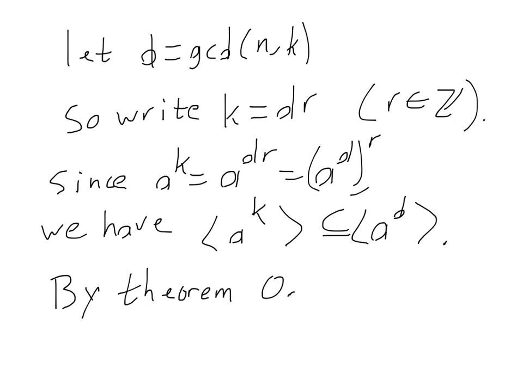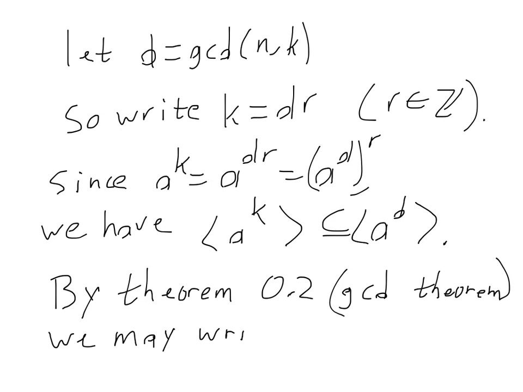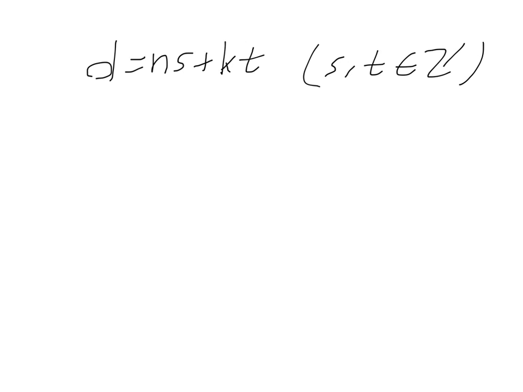by Theorem 0.2, which you might remember as the GCD theorem, we can find integers such that we may write d as n times s plus k times t. So here I guess s and t are new integers that we're introducing here. Okay, so now my goal is to show